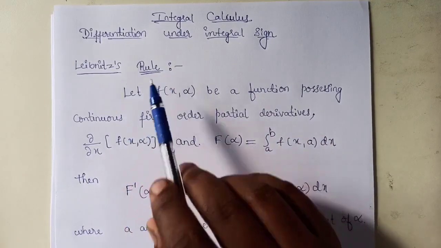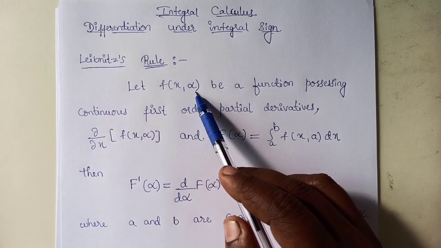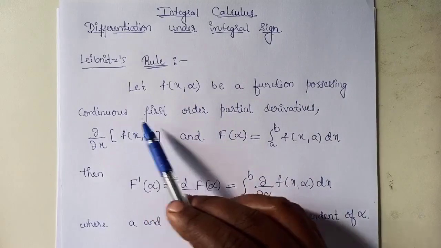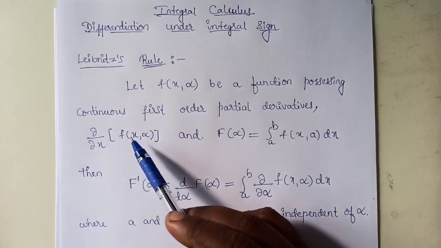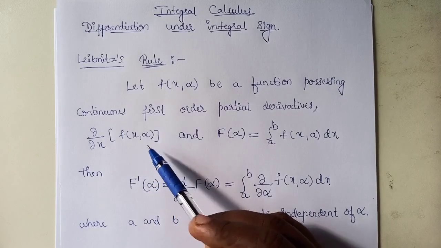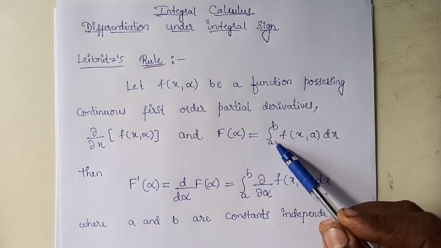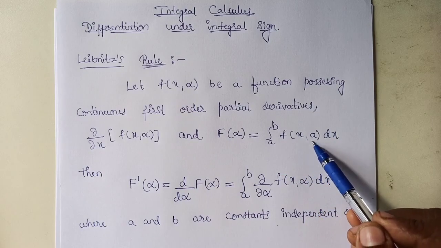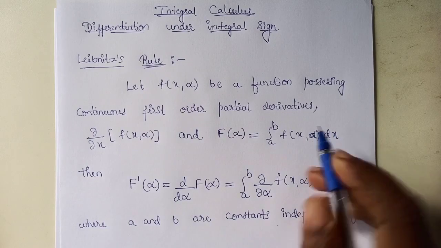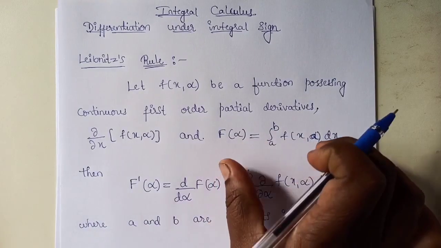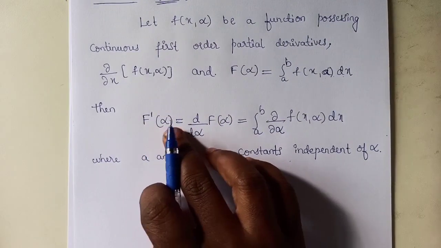The Leibniz rule states that let f(x, alpha) be a function possessing continuous first order partial derivative ∂/∂x f(x, alpha), and F(alpha) is given by the integral from a to b of f(x, alpha) dx. Then differentiation of this given integral is given by F'(alpha) equals